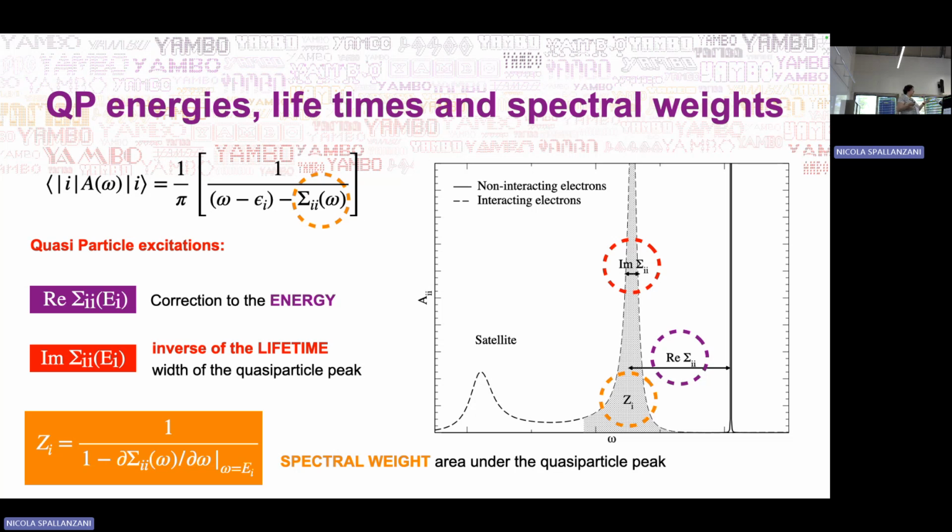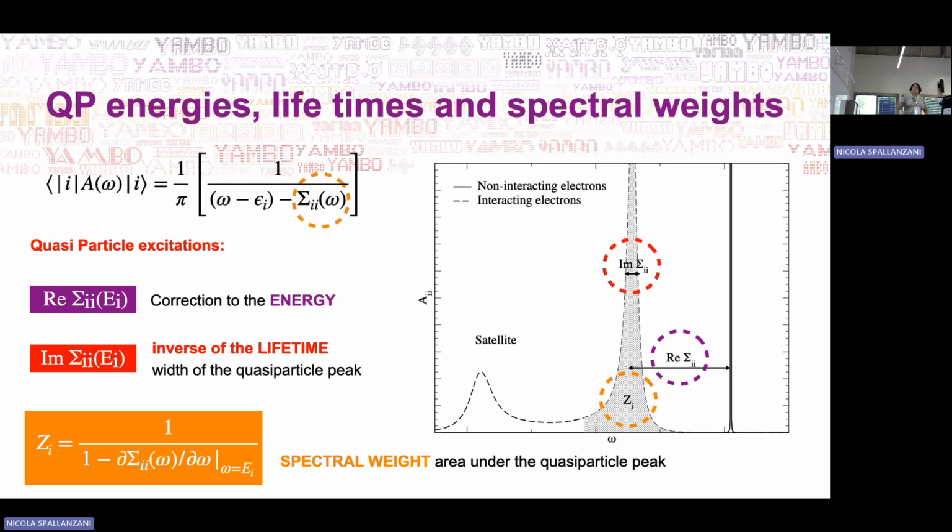So it will have a small lifetime. If it is excited to a state that is closer to the Fermi energy, it will not decay to lower energy states, so it will have a larger lifetime. So the lifetimes will be larger closer to the Fermi energy, and in that case, we'll have something like a delta function. This broadening will be much smaller. The real part of this self-energy, remember that we reduced the number of poles, so the self-energy now can be seen as a correction. So our new energy is a shift given by the real part of the self-energy with respect to the delta function that we had in the non-interacting system.